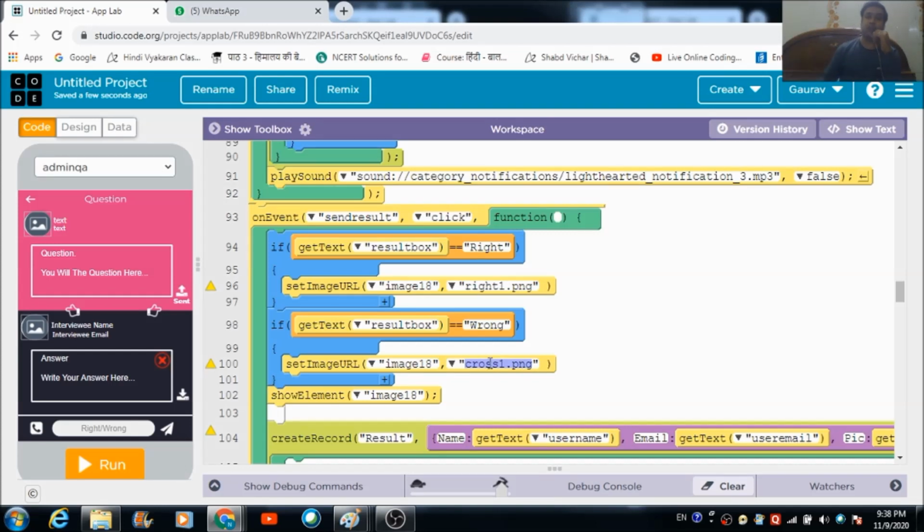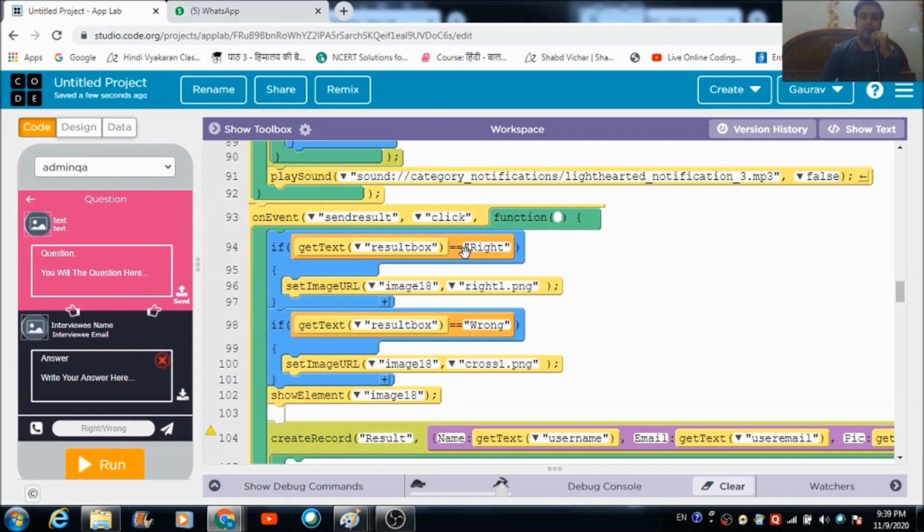cross1.png. This is the image which I have imported on this platform. This is the first image, and this is the right image, the tick mark image, and this is the cross image which you are seeing right now over here. So if the admin types here wrong, and sends it as a reply to the answer of this question, he will be able to see this image over here, cross1.